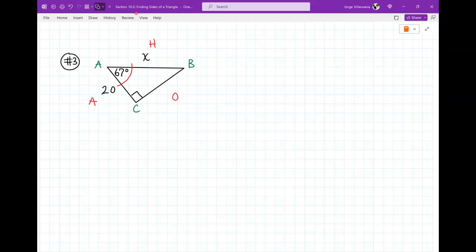Okay? So I have an A, I have an H, and I have an angle. So AH, that's cosine. So I'm going to put cosine of angle A is equal to AH. Not to be confused with the actual angle A. Sorry about that. I don't like that it kind of repeats itself. But all right, cosine of angle A, that's 67 degrees, equal to A, which is 20, over H, which is